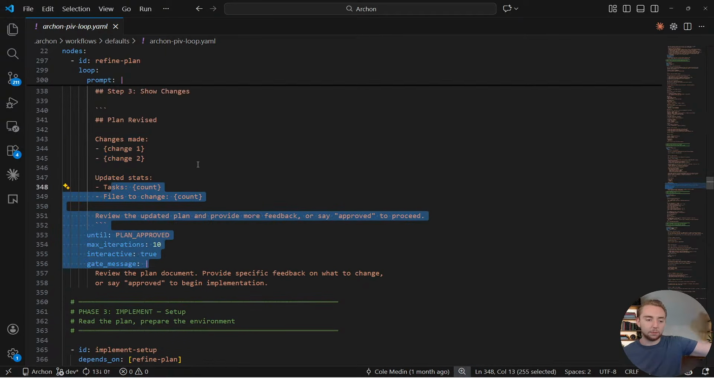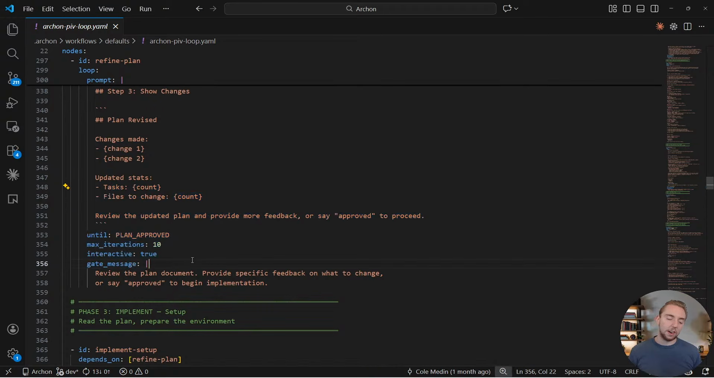So it's just like the exploration, where it's going to loop infinitely, or I guess until max iterations. Just for the sake of token efficiency, I want to have a limit there, but it'll iterate up to 10 times if I really have that much feedback. And so for the sake of brevity for the stream, I don't really want to iterate that much on the